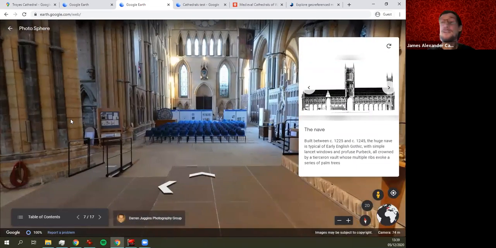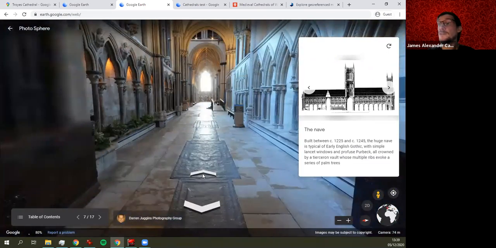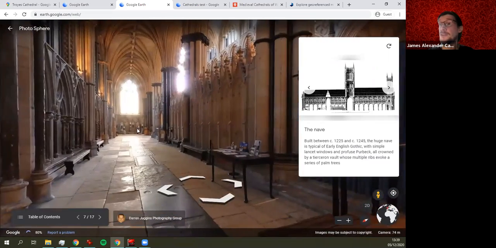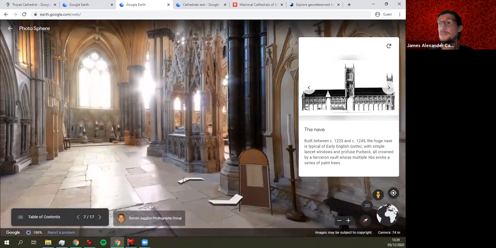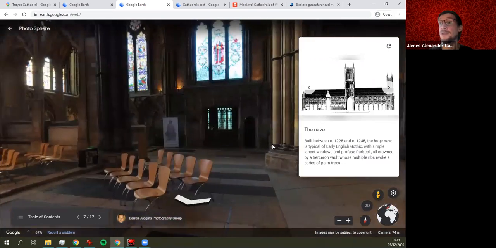But if a cathedral just has either dots in the wrong place or doesn't have the dots on the map, they're in that 360 photo thing, then you will struggle really to do something as good as this. So you really do have to have it. It can be frustrating that there isn't the available data for some buildings, and it is a bit random really which ones are done properly like this. But